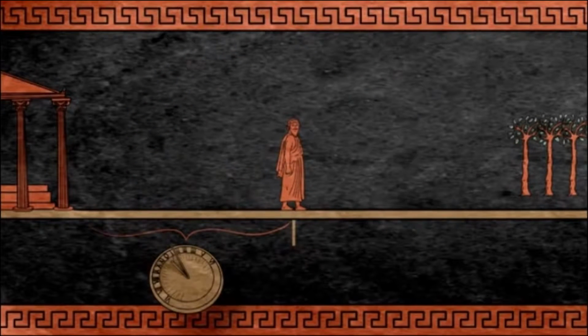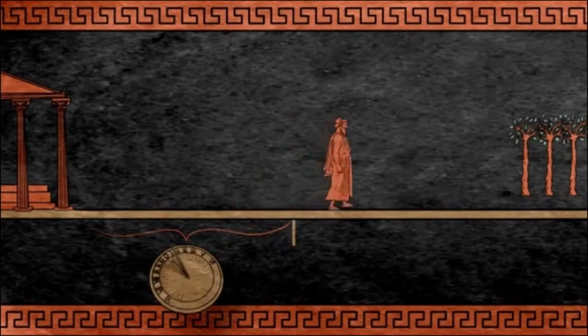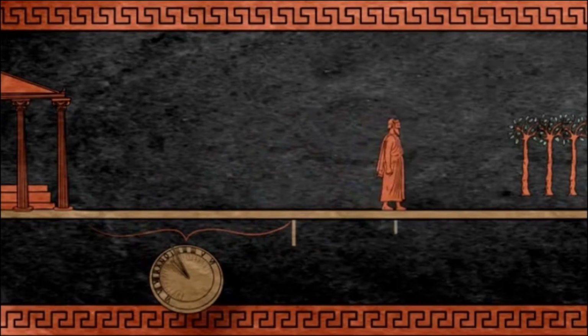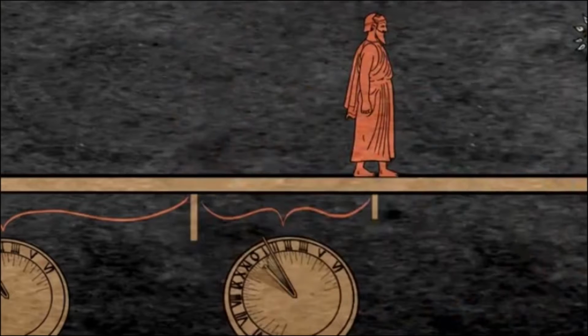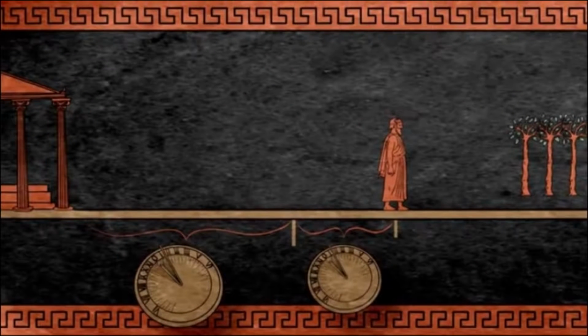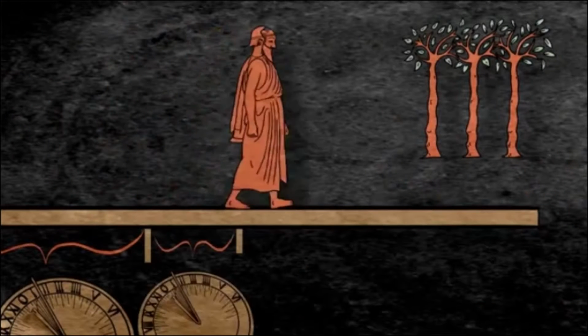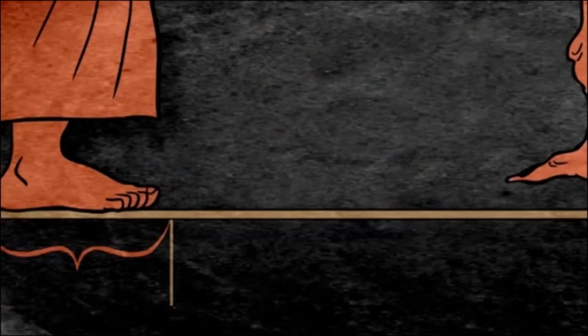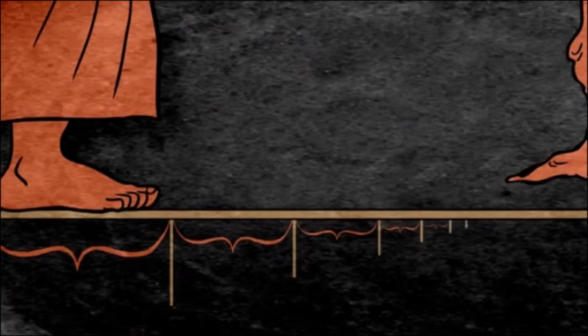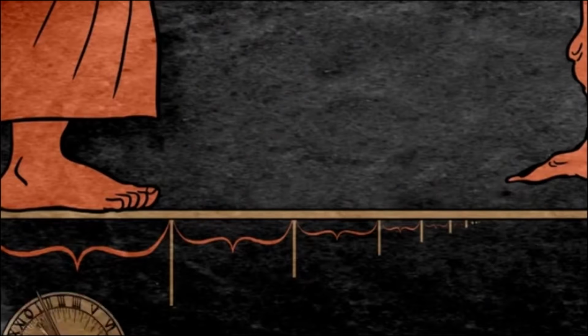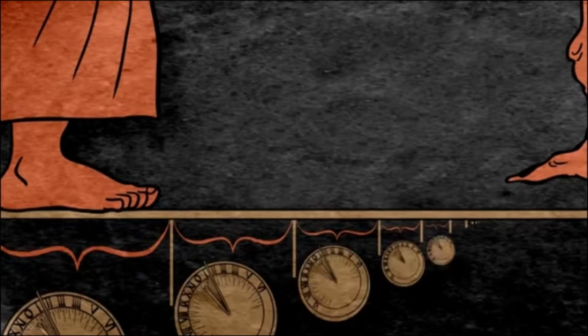Once he gets to the halfway point, he needs to walk half the remaining distance. Again, this takes a finite amount of time. Once he gets there, he still needs to walk half the distance that's left, which takes another finite amount of time. This happens again and again and again. You can see that we can keep going like this forever, dividing whatever distance is left into smaller and smaller pieces, each of which takes some finite time to traverse.